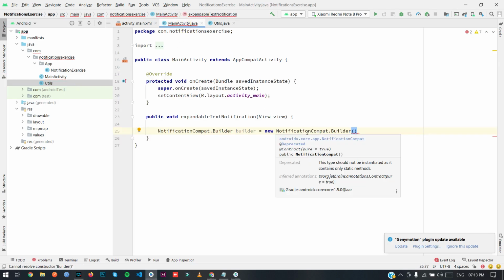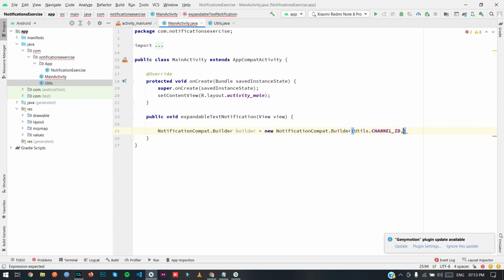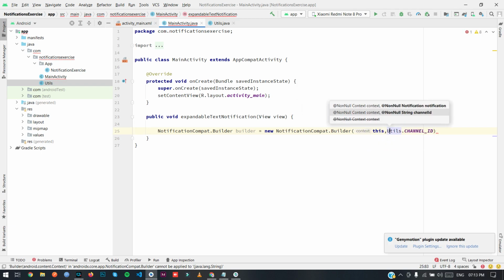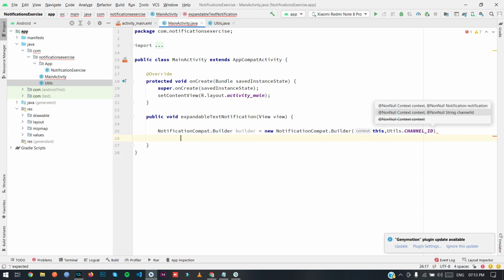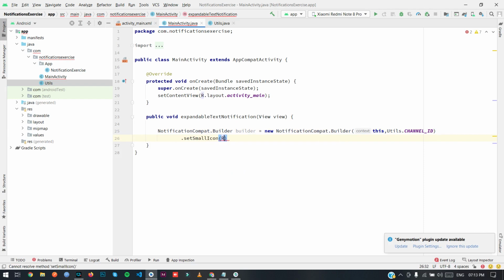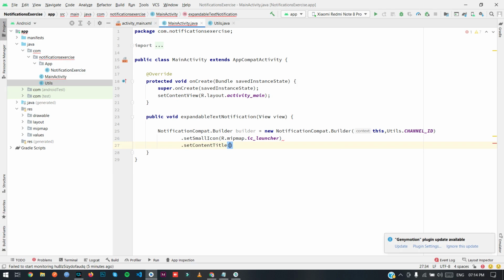Right now we need Utils.CHANNEL_ID. Sorry, here we have to change this. Okay, and after that .setSmallIcon(R.mipmap.ic_launcher).setContentTitle.